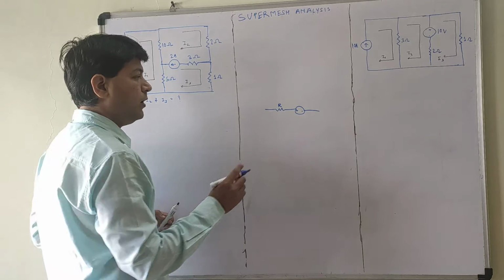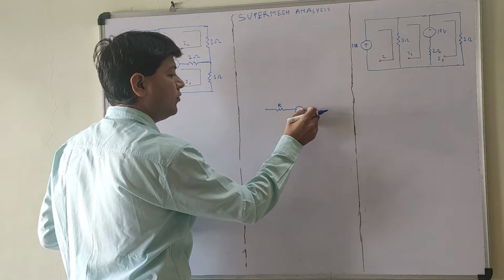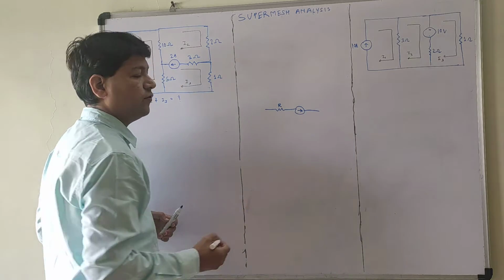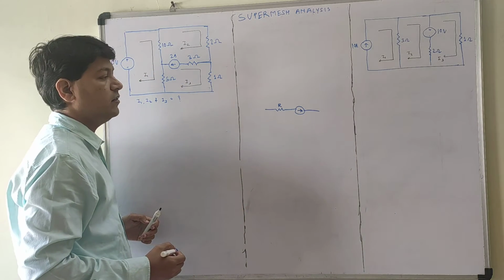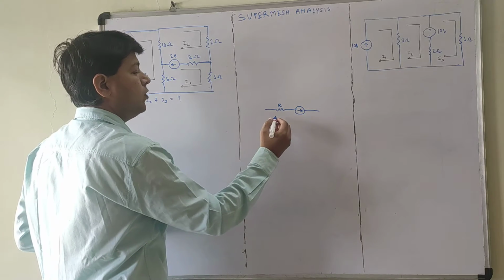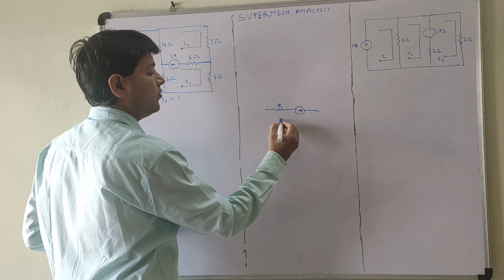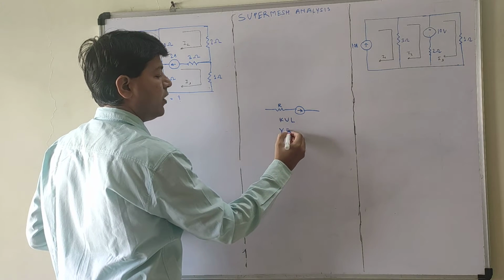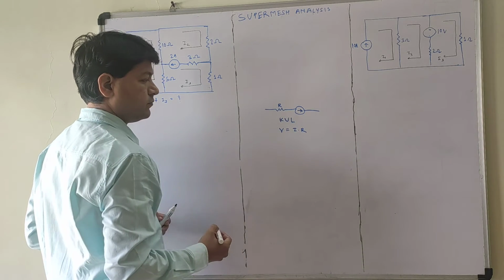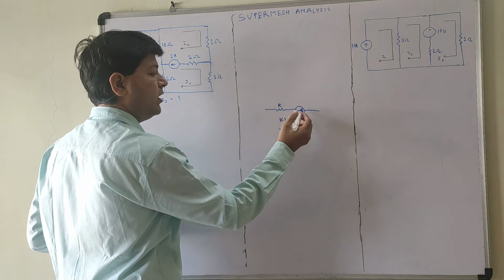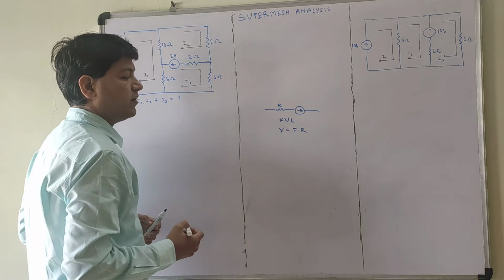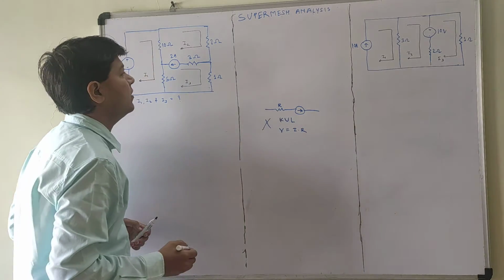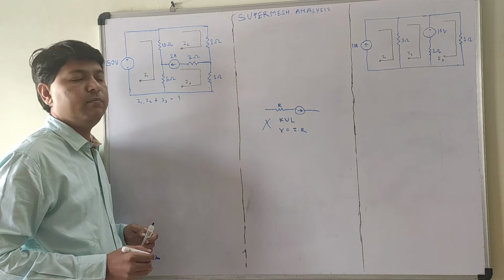But what will happen if, instead of a voltage source, there exists a current source? We know that mesh analysis is solved by Kirchhoff's voltage law, and usually we have V is equal to I into R. When in between that mesh the current source is there, mesh analysis fails to calculate the current flowing through that mesh.